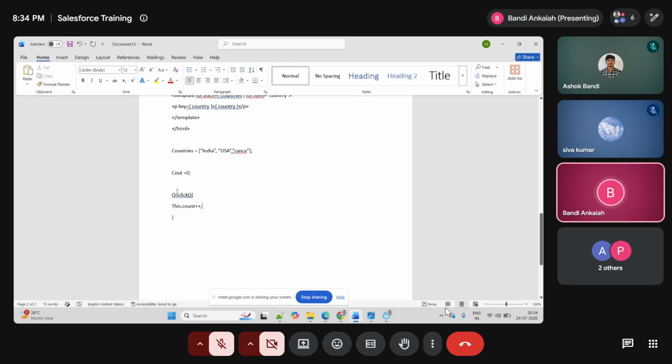That means whenever I click on this button, the latest value will always be shown in the UI. In the HTML it will be like